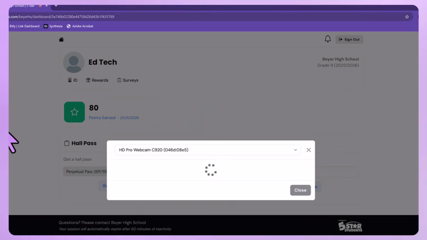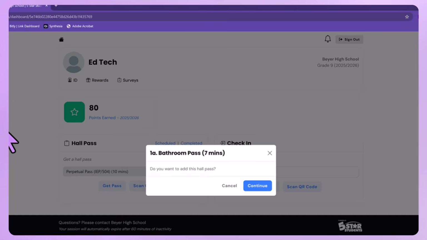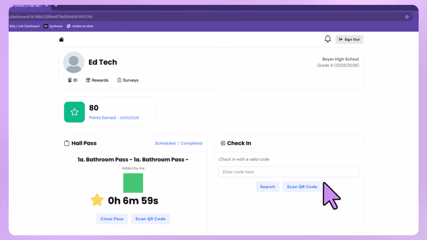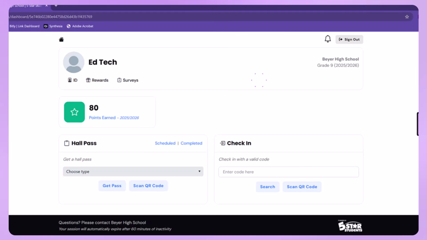Simply try to line up the hall pass with your computer's camera and confirm that you would like to add that hall pass. You'll then see the live hall pass, and you have that amount of time to complete whatever activity you scheduled. When you're done, you can wait for the time to run out, or you can manually close the pass. If you want to see what rewards are available to you, you can click on Rewards to see